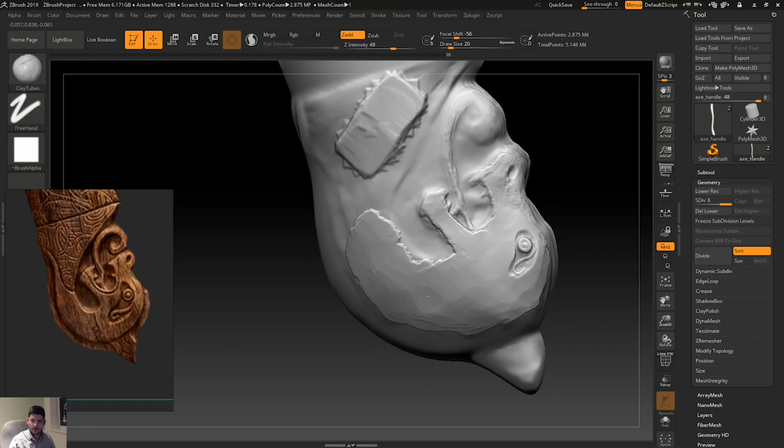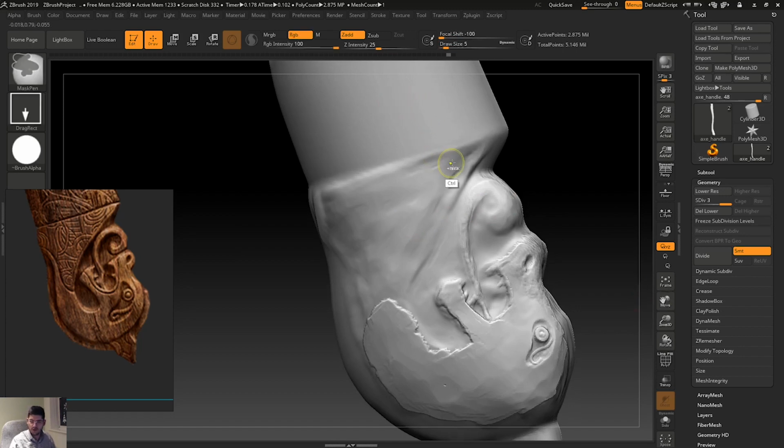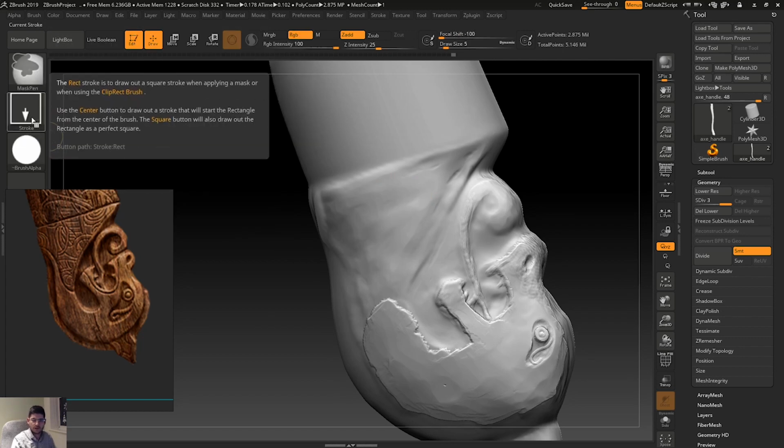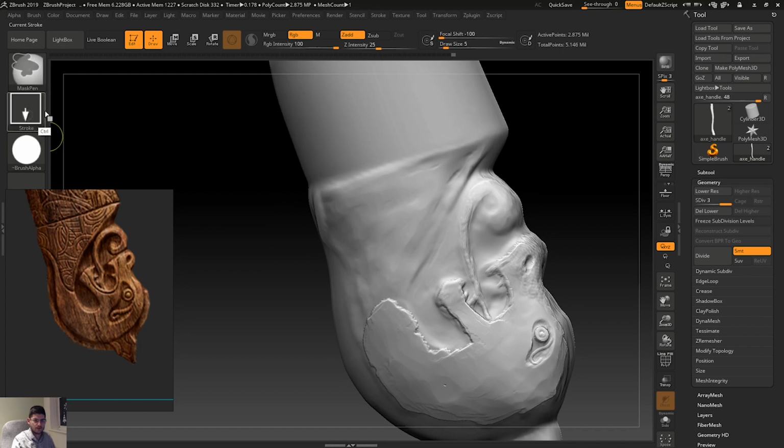Okay, so clay tubes. We'll probably want to add some more clay tubes on this end. One of the things that you can do with the clay tubes is you can sort of mask. So what I'm going to do is I'm going to mask. Let me just go to freehand. Oh, sorry. Freehand, and you may want to, well, actually I could do rectangular, but let's just do a rough guide. So we're wanting something like that,